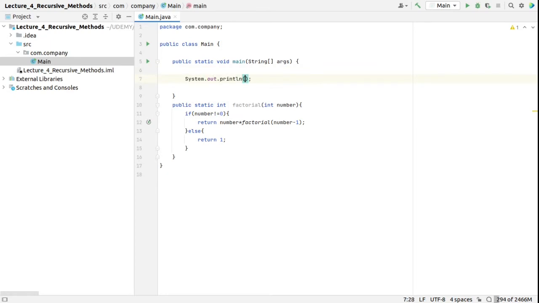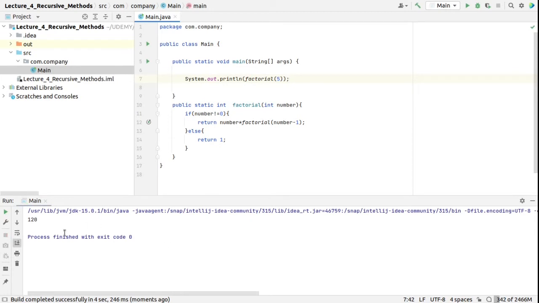System.out.println(factorial(5)). So we can run the program and see the result. As you see, factorial of 5 is 120. Okay, now we can add some log lines to see the recursive calls and returns. For example, here